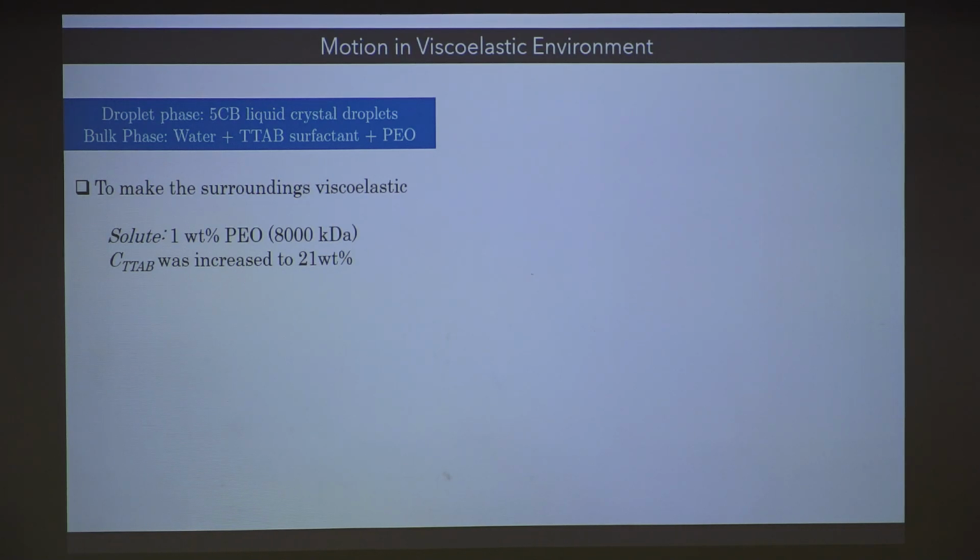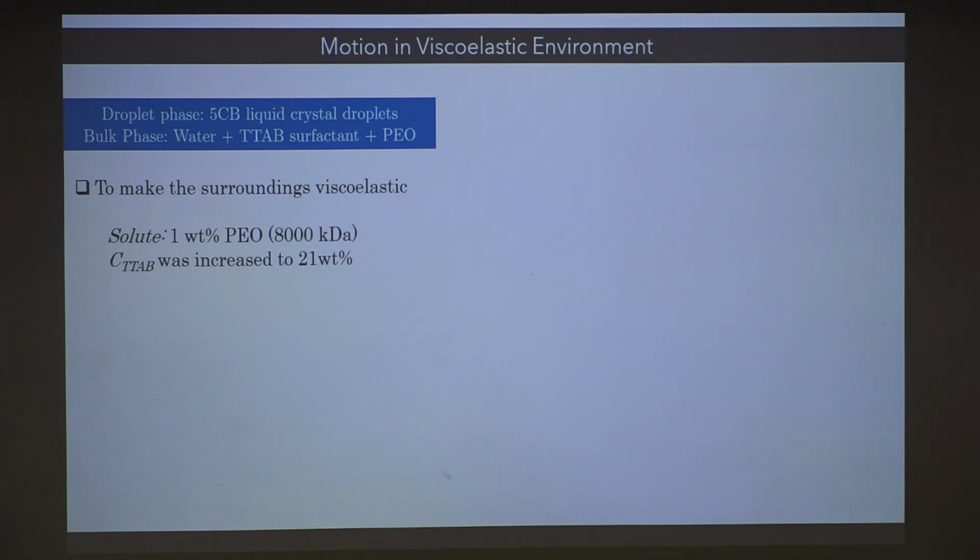So far we restricted our system such that the viscoelasticity of the surrounding media was not invoked, and that we ensured by keeping the surfactant concentration below a particular value. So if we restrict ourselves in terms of surfactant concentration below a particular value, the droplet speed we are also restricting. Okay. Now what we did next, using the same system, was to increase the surfactant concentration